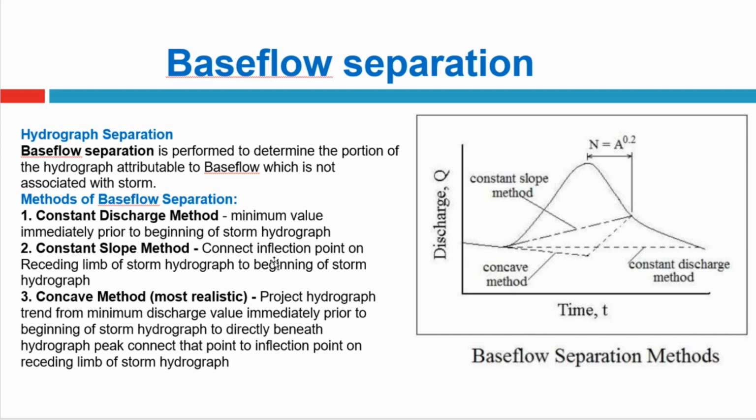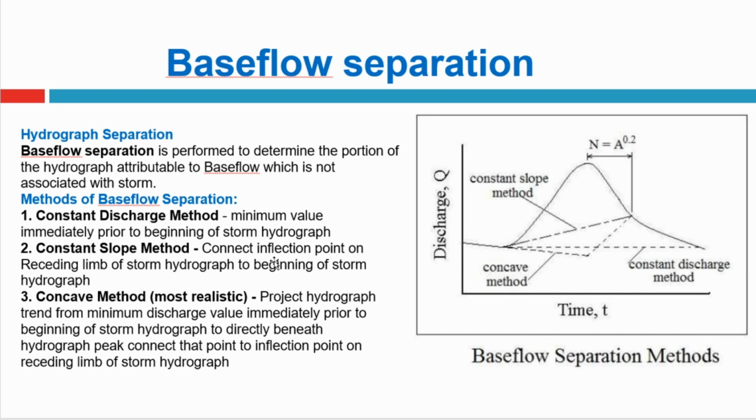So there are three methods through which we can separate the base flow. I'll explain why we are separating this also. In future we are going to analyze the storm only based on the direct runoff. Try to imagine this. Whenever there is a flood situation, the flood is the direct result of the direct runoff, the water that is flowing on the surface. The water that is flowing from the groundwater will not contribute much to the flood situation. The flood situation is basically because of the direct runoff, the water flowing from the top surface and the subsurface.